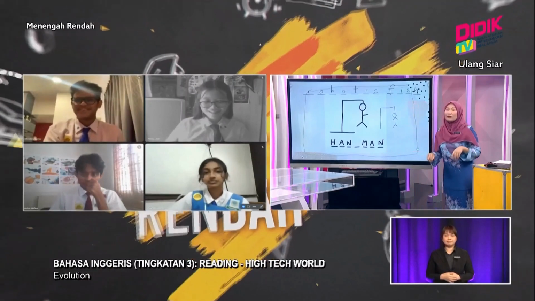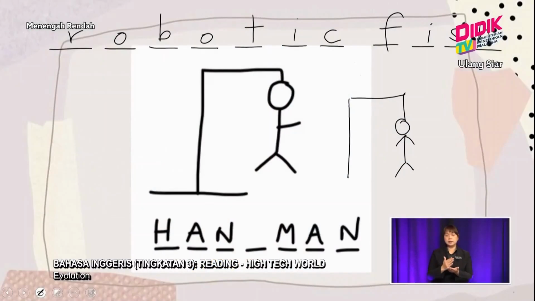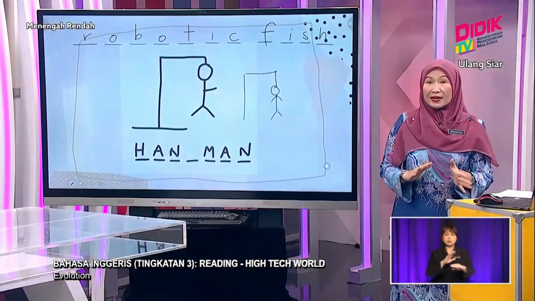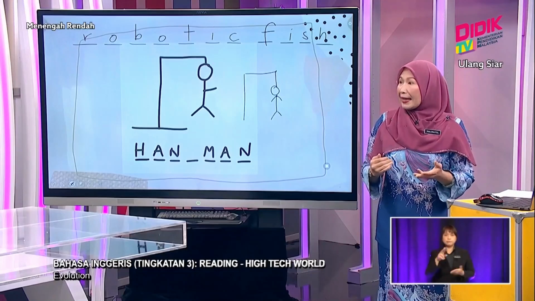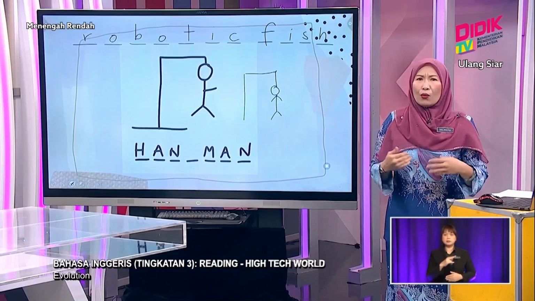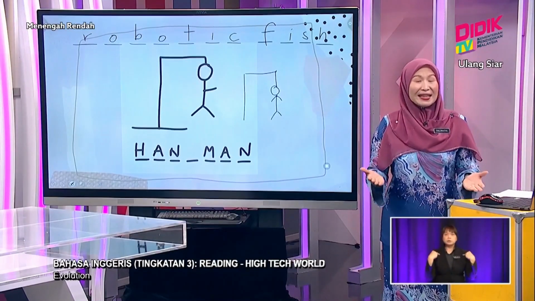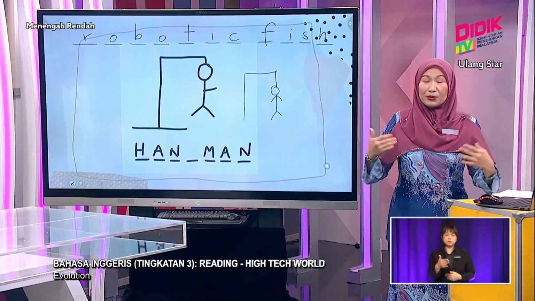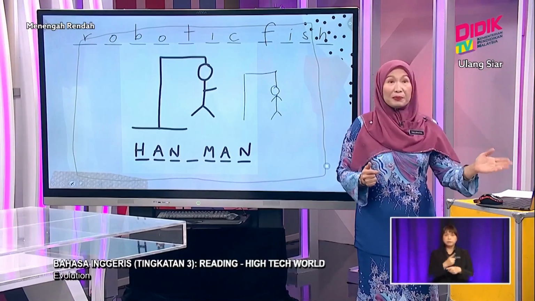Well done. So if you look at the cover of your textbook on page 109, there's actually a very interesting picture of I think about 3 or 4 robotic fish, and I'm just going to read a little bit of information about why these robotic fish are developed. You'll be wondering, why would you want to have robotic fish when you can have real life fish which are already beautiful and colorful in your tank, right? But actually there's a reason, so I'm just going to read up a bit because I don't want to get my facts wrong.